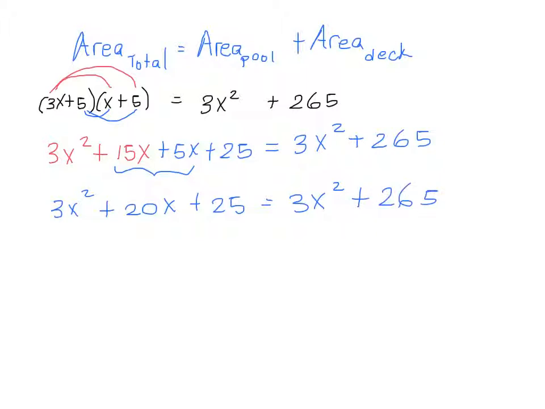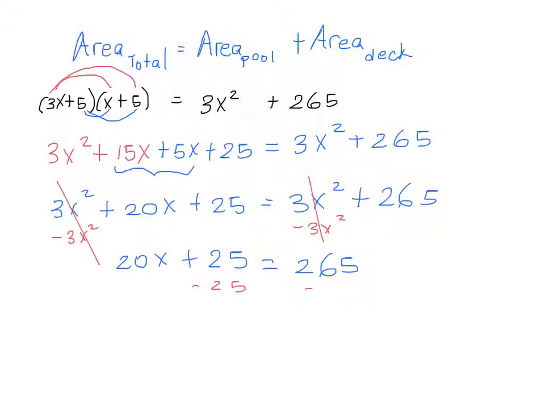All right, so if we're trying to solve this, we want to get all our x's over to one side. So we can subtract 3x squared from both sides. And conveniently, that goes away. So now this equation starts to look a lot simpler. We have here 20x plus 25 is equal to 265. In order to solve this, we want to get the 25 over to the other side. And so we have that 20x is equal to 265 minus 25, and that gives us